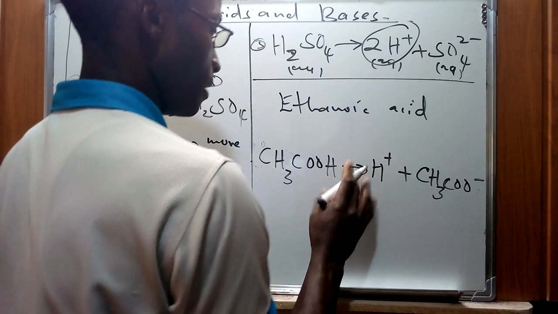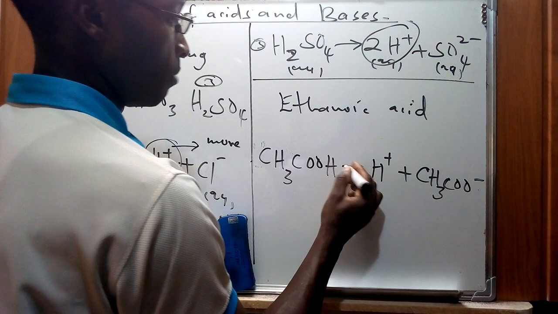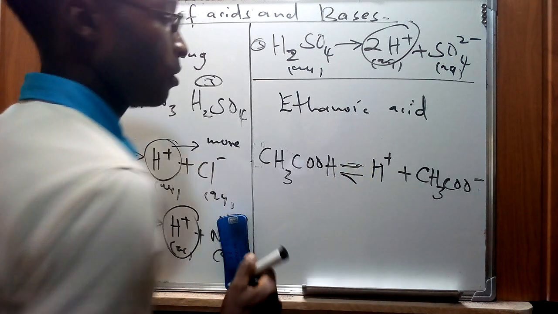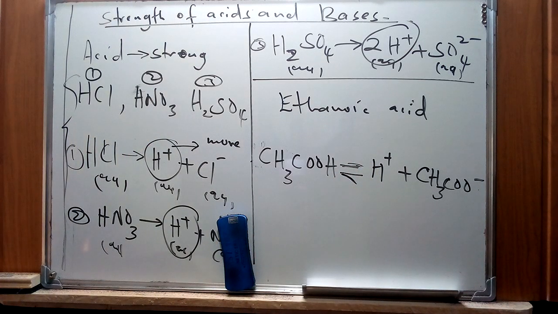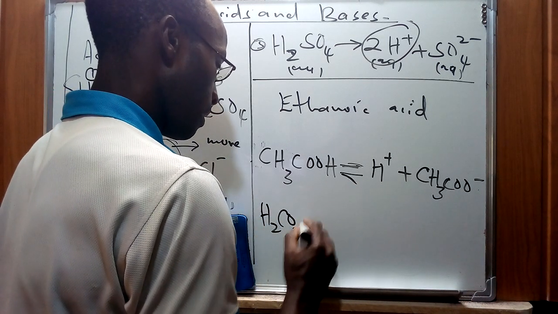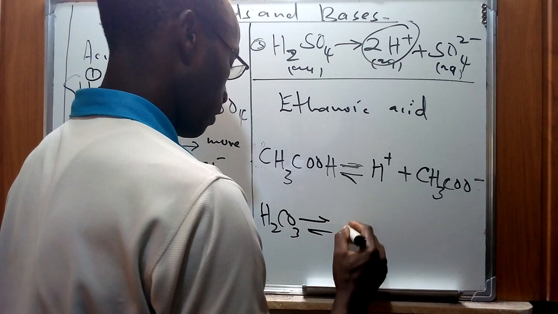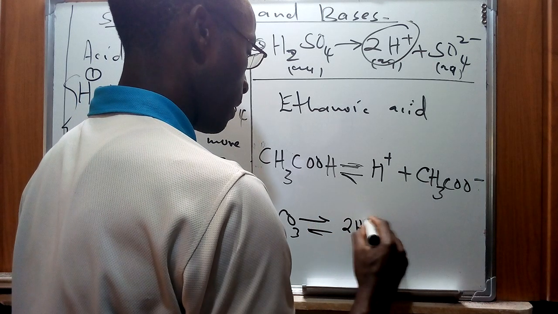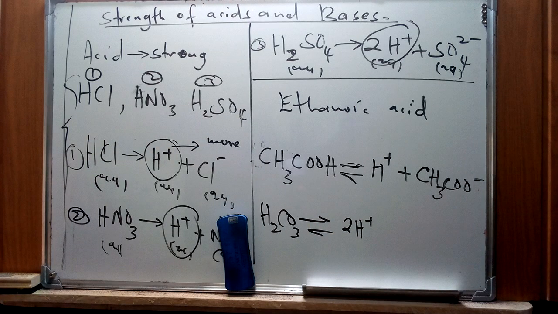So in this case, this reaction is reversible, so we can represent this one using those specific arrows. So this is one of the examples of a weak acid, and still we can give another one, which is carbonic acid, which of course also shows the dissociation